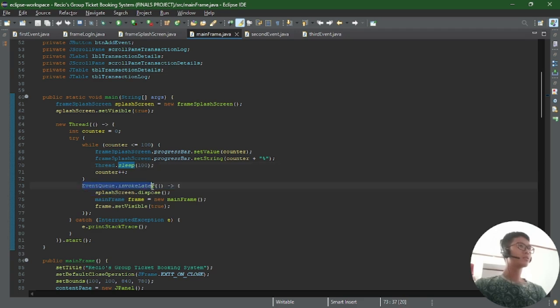If an InterruptedException occurs during the thread sleep periods, it is caught and printed to the console. So here is the demo of what I'm saying.